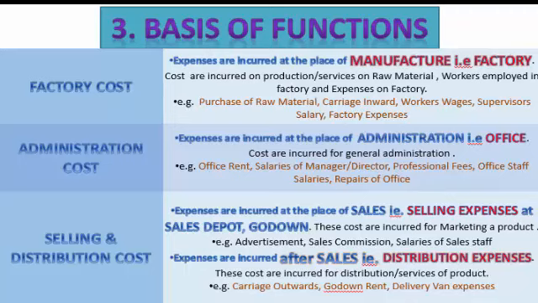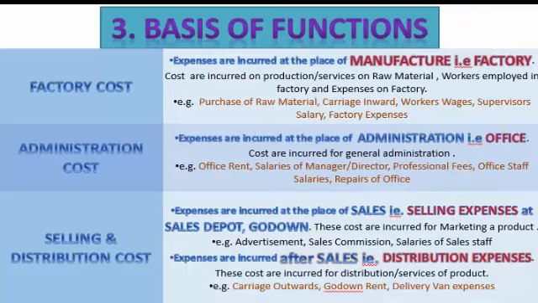And the third category is selling and distribution. Now this place has no concern with manufacturing a product. This place has no concern with administration work. Now at this place, finished goods are given to them and their only target is to sell the product. So let us individually study these items with examples also.